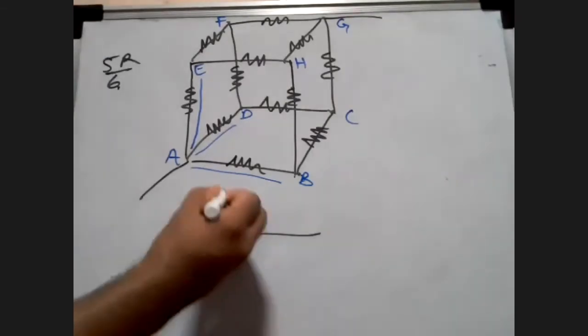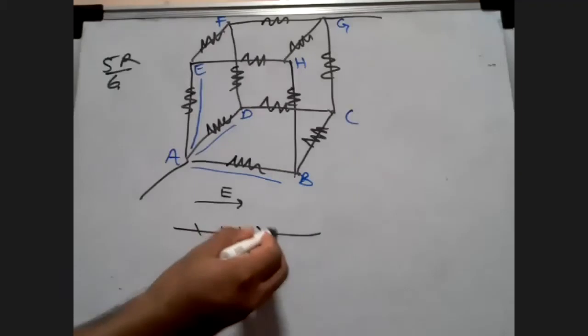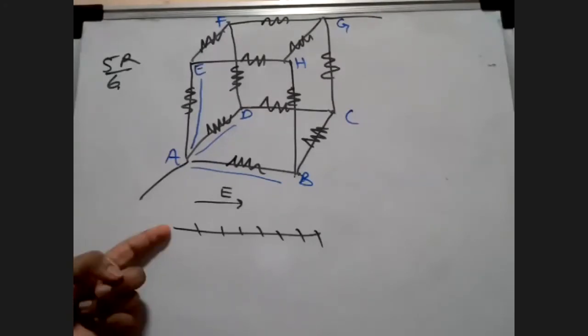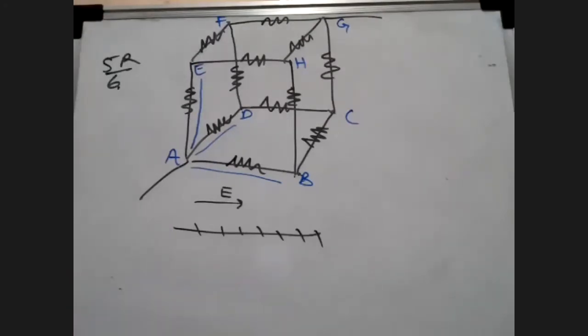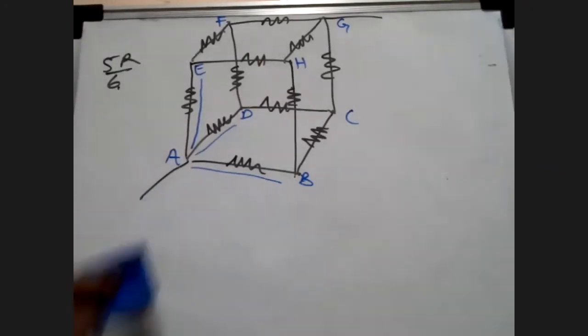Out like this, the electric field is going. There's of course going to be a change in potential along the conductor. There is going to be a change in potential if I walk from this point to this point along the side of the conductor, because I am going in the direction of the field, and now you know why.